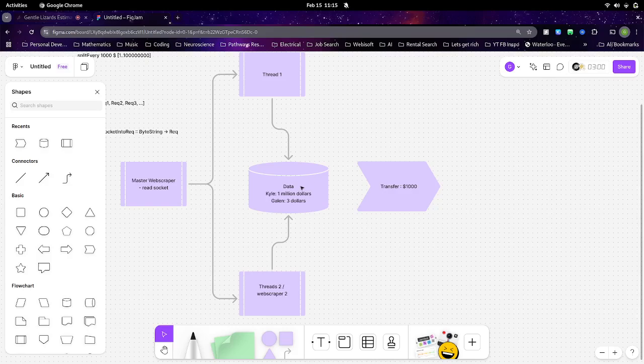And the key thing is that that change to my data, of how many dollars I have to my name, needs to occur before I try and transfer it, right? So the sequencing of operations becomes very important here.